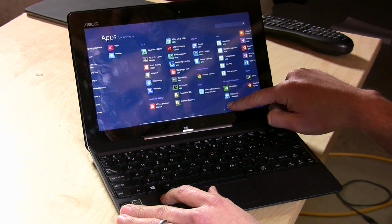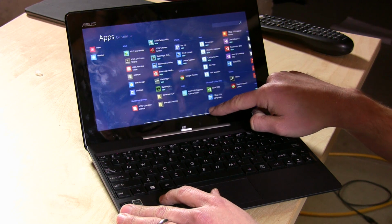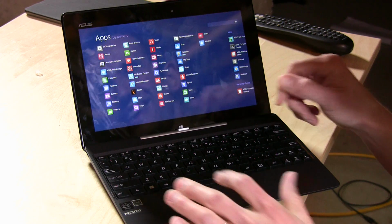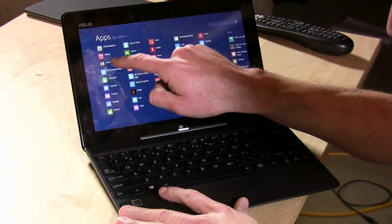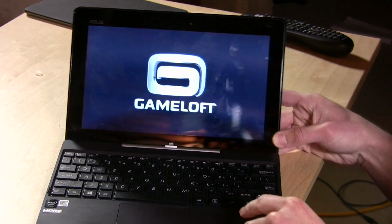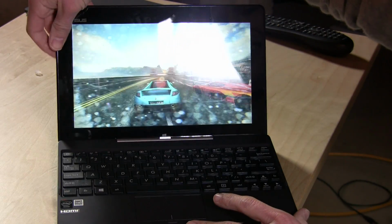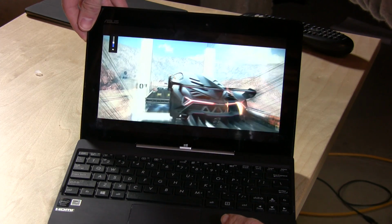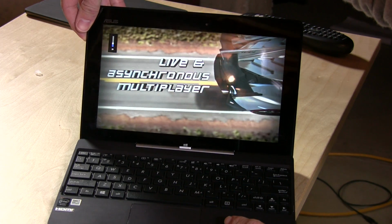But I did download somewhere one of the tablet games for this thing. Let me see if I can find it real quick here. I'm sorry. Okay, I had to hunt around for this game, but I found it. So let's take a look at it real quick. Here it is, Asphalt 8. This is a tablet game, so it may not. Whoa, that's loud. Let me turn down the volume here real quick, but you can see it runs pretty good. It's not bad at all. Now, granted, this is written for tablets, so